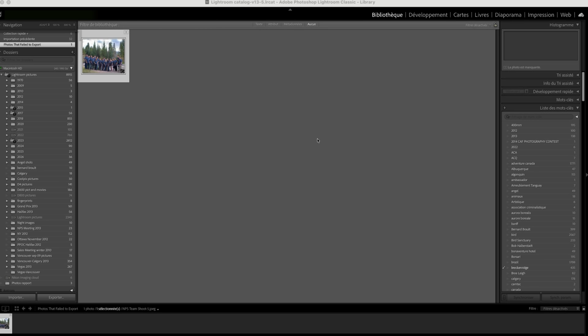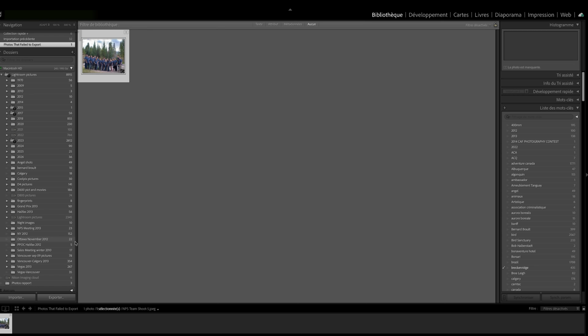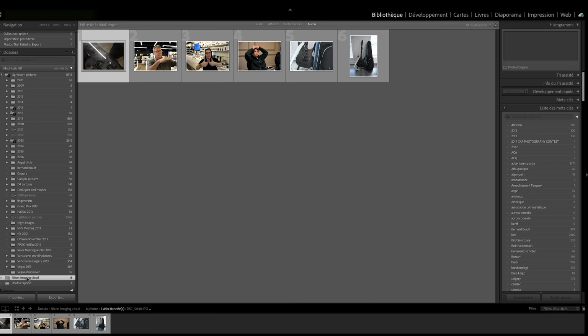In Lightroom, the first thing you'll need to do is make sure that Lightroom is syncing. All you have to do is click on the cloud icon in the top right, and a mini window should pop up, and you want to click Start Syncing. It may take a moment depending on the number of photos, but the images you take should populate into Lightroom automatically now. If they do not populate, look for a new folder on the left menu under the Nikon Imaging